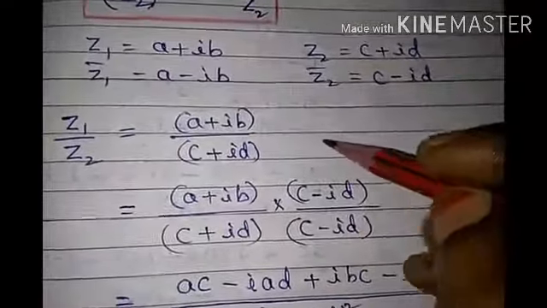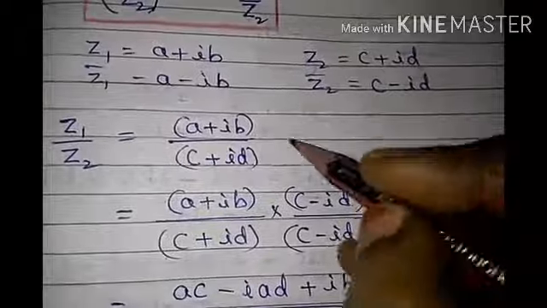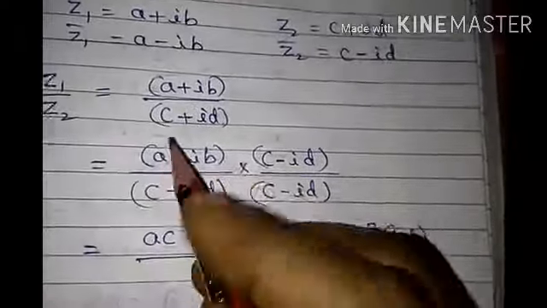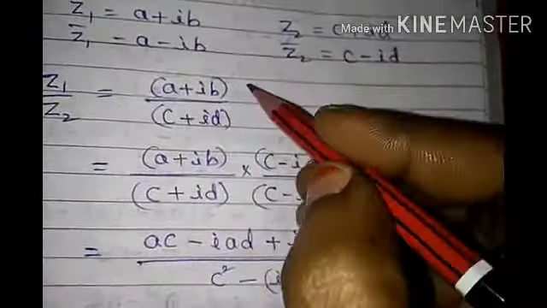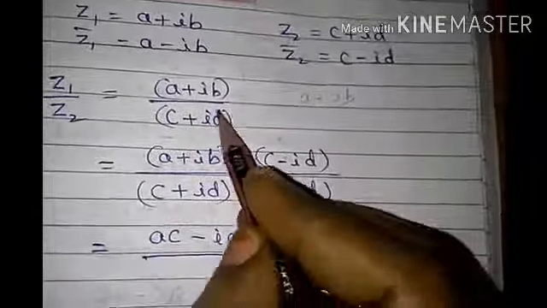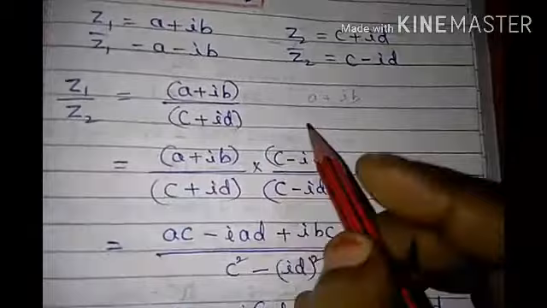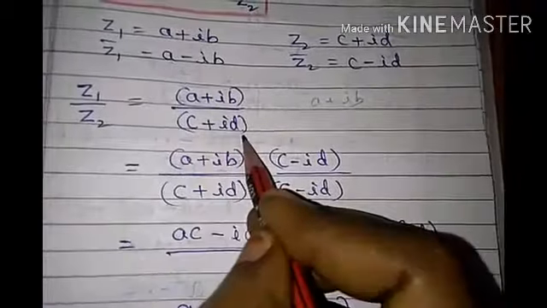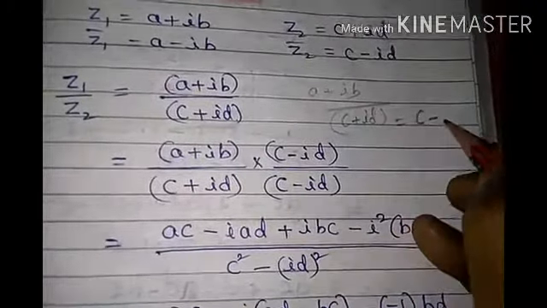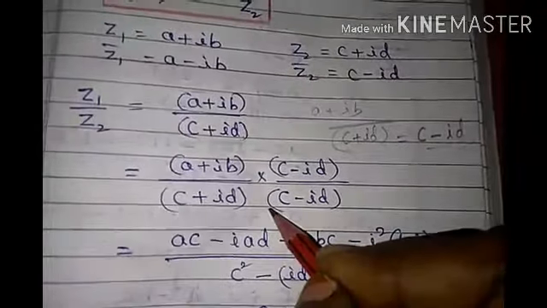In your earlier classes, division of any two complex numbers, we already know. In the same manner, we have to apply here also. (A plus iB) by (C plus iD). Actually, this is not in the standard form A plus iB because here the denominator contains an imaginary number. So to eliminate the imaginary number, we should multiply with the conjugate of C plus iD. The conjugate of C plus iD is C minus iD. Multiply C minus iD in numerator and denominator.